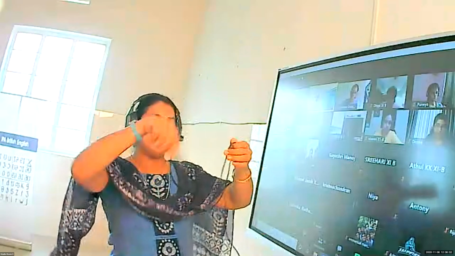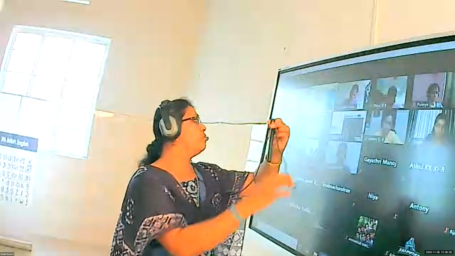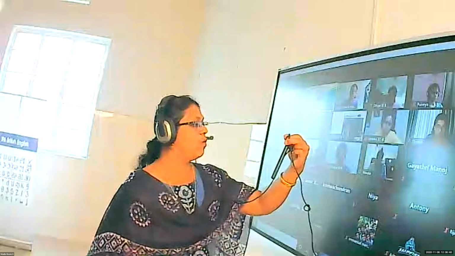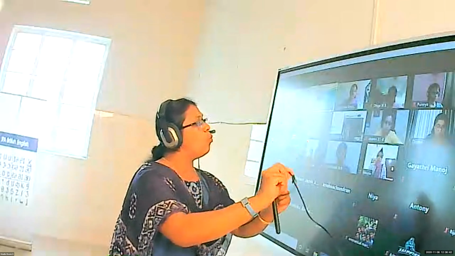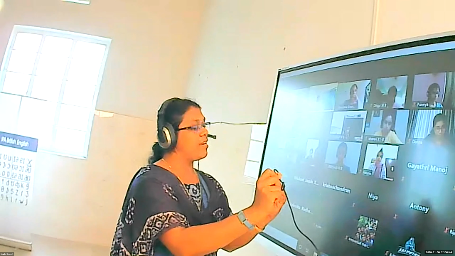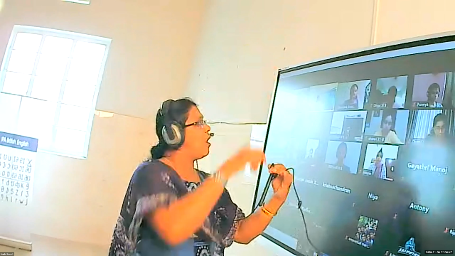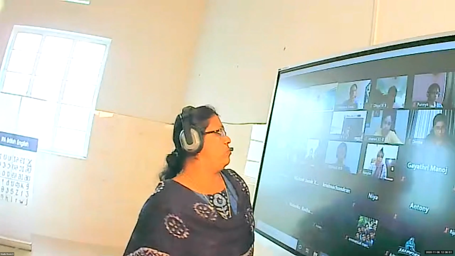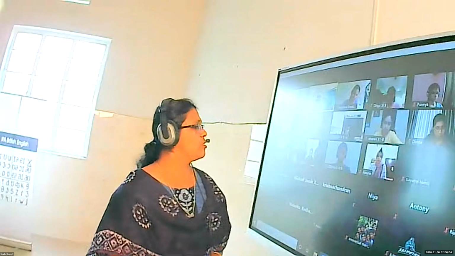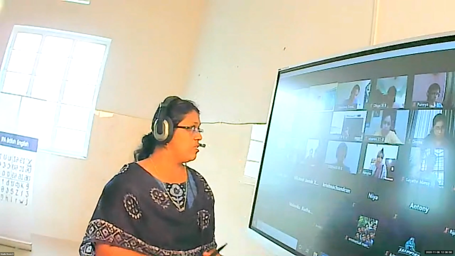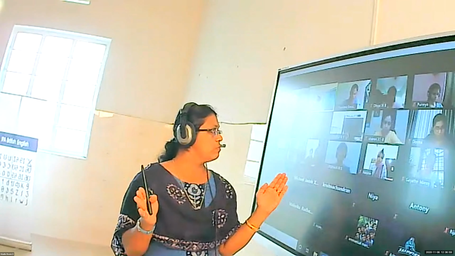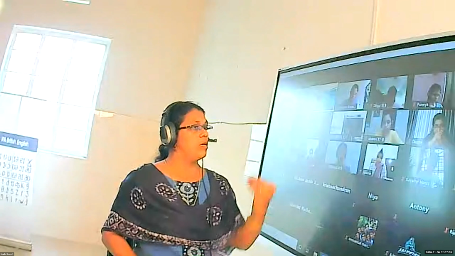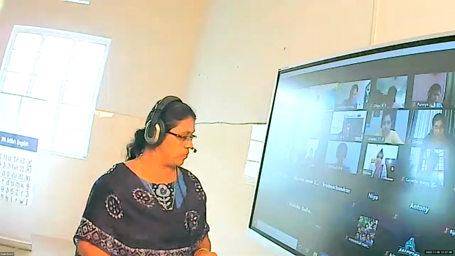If I suspend this striker on this wire, gravitational force is pulling it downward. At the same time, the wire experiences a tension, which will try to pull it upward. So this is another concurrent force, tensional force. Tension will be acting only on the string. Anything which we tie to the string experiences a tension against the gravitational force.